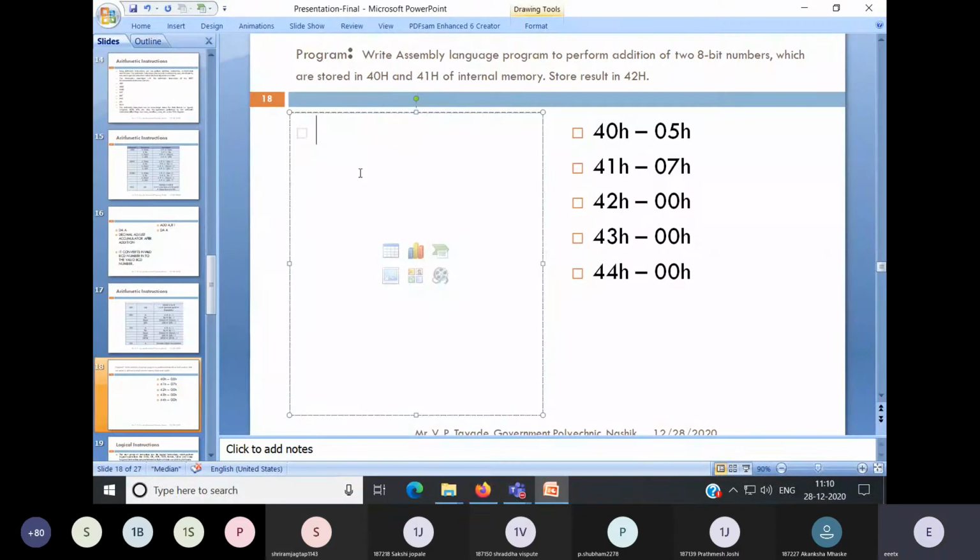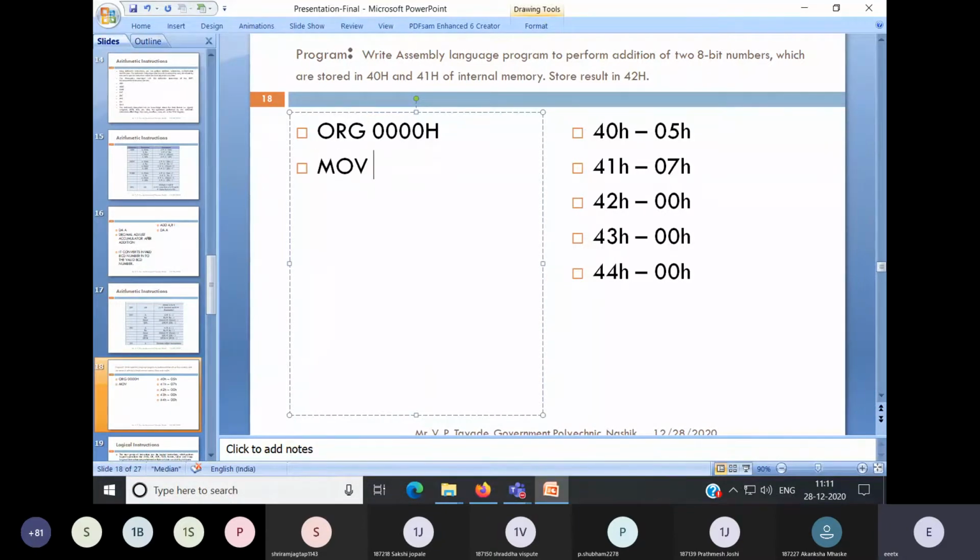The first assembler directive, the proper word is assembler directive, we will write is ORG 0000H. This selects the starting address of your program. So in the program memory, it will store your program at this particular address. The first instruction will be stored from 0000H.